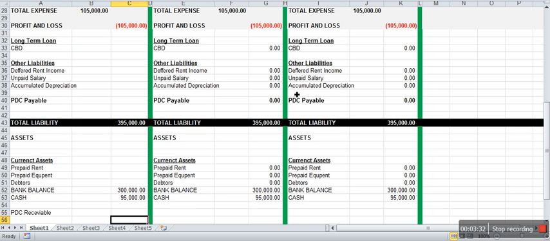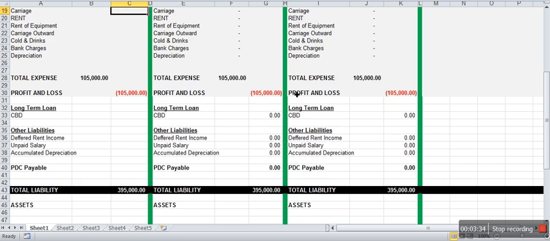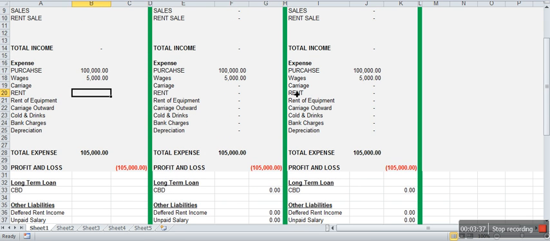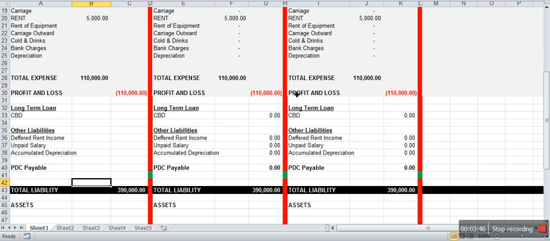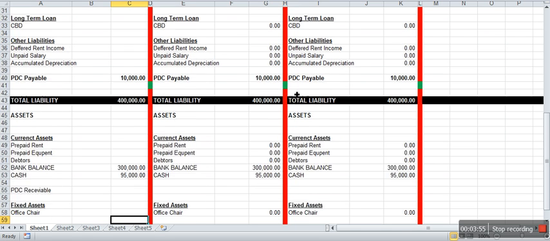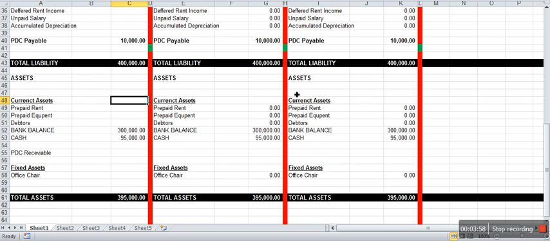So what I will have to do is put 5,000 for this month's rent. I will create a PDC of 10,000. I will make prepayment rent of 10,000. And I will reduce 5,000